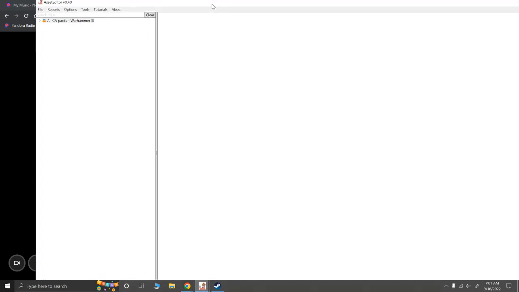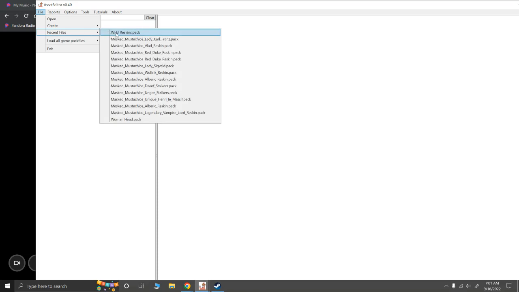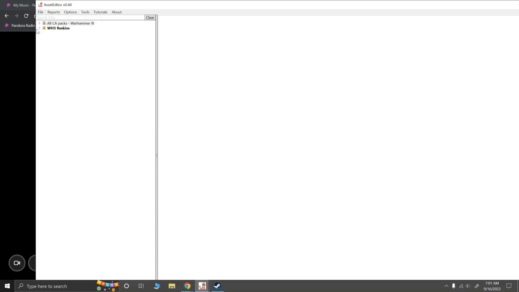Okay, so I'm working on my Lady Karl Franz mod, and since I've already gone over the process of making Lady Sigvald, I figured I'd just show the asset editor process. I think that people who are inexperienced with this can benefit from just seeing more examples. So first, we're gonna go ahead and load up my file that I like to save everything in,